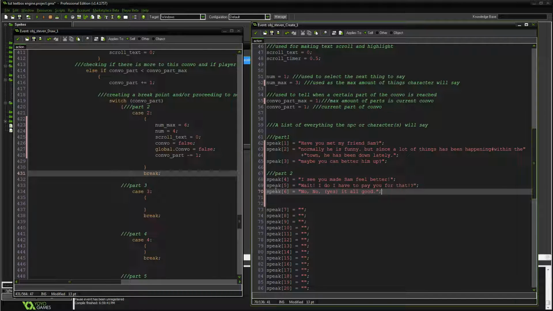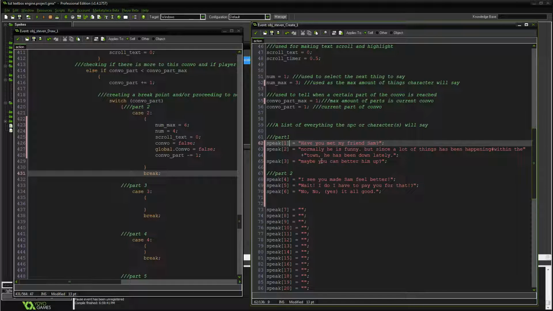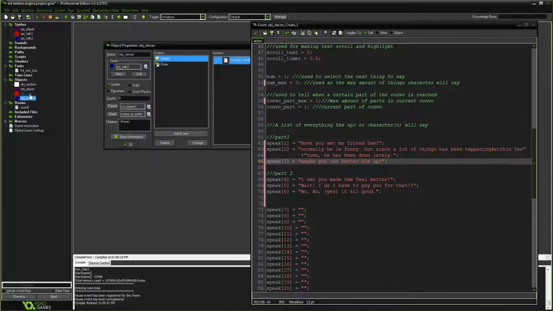Okay. So there. It will always repeat part 2. But it will only happen if the player unlocks part 1. So there's 2 ways this is gonna happen. You can either talk him up. Oh, no, I'm tripping. I need to open up SAM. Yeah, I was like, wait, something's not right.